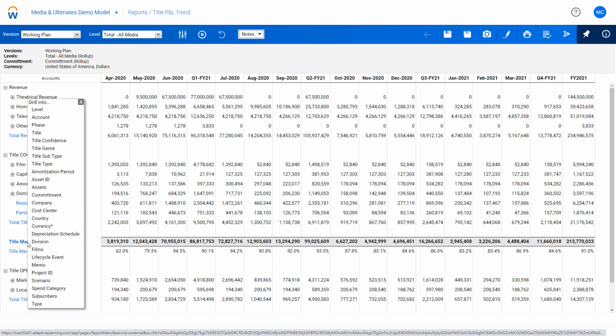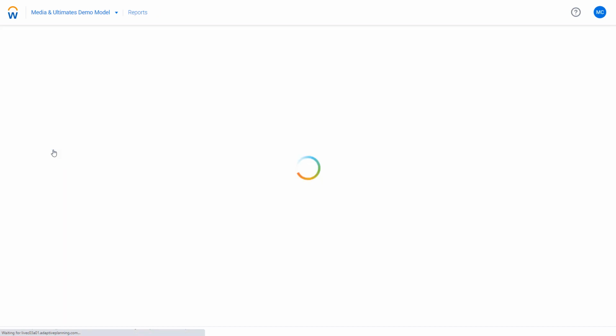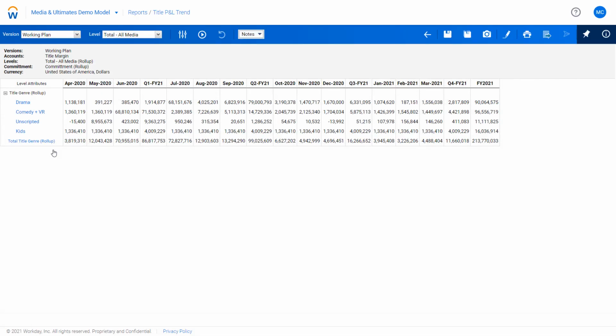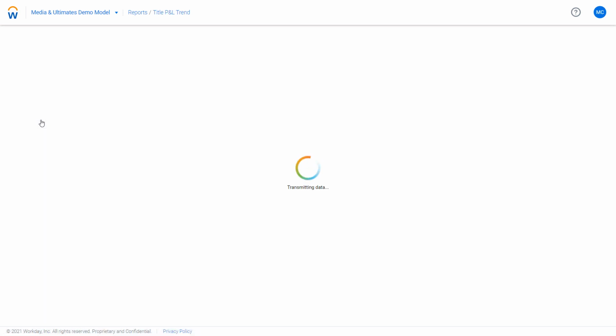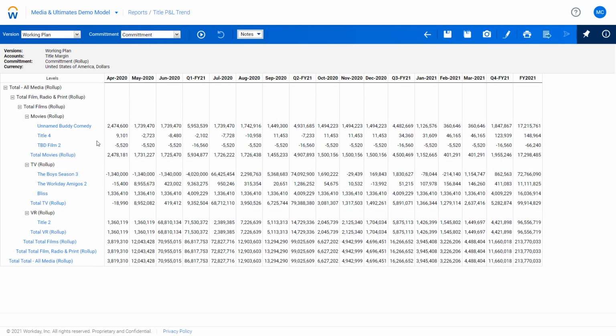For example, if we want to slice and dice on title margin to understand our profitability by genre, we can quickly see where we need to focus our attention, where we may be under or overperforming from a genre perspective, or maybe drill further by all of our titles to understand from a specific title level where we need to,